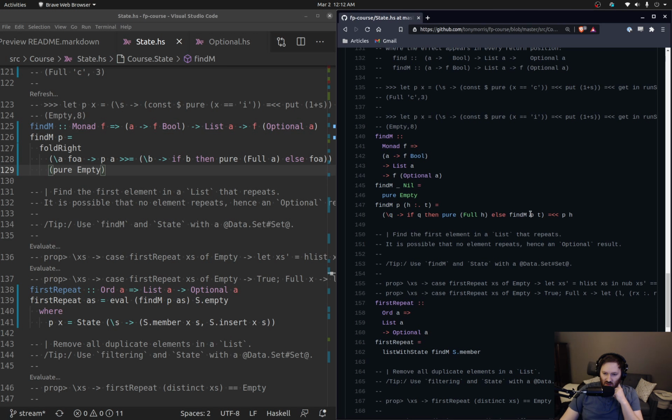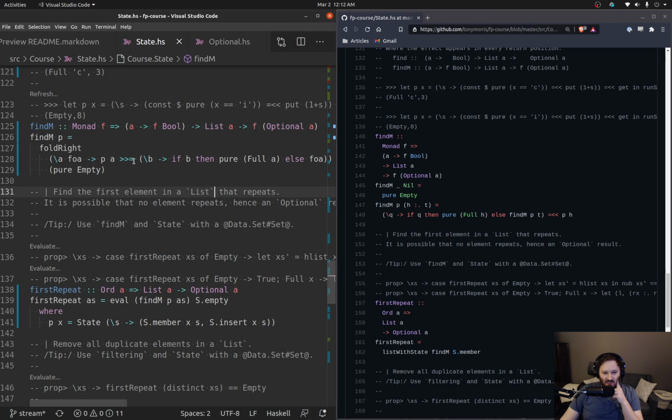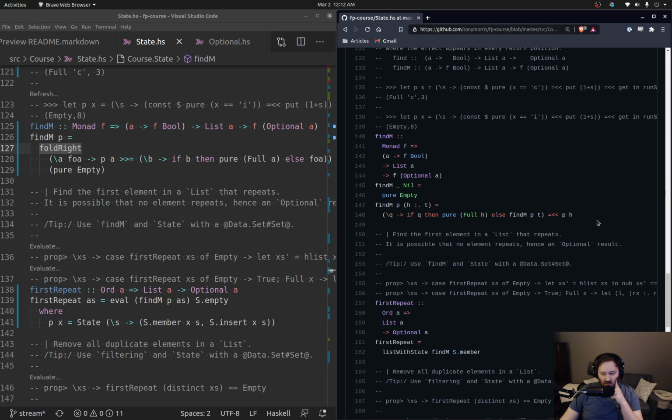Else find, oh wow, he did a recursive version. So find M on the tail. You do the predicate. Okay, so you apply the predicate to the head. You bind that result, and that's Q, some Boolean Q. If that's true, then you return the head, pure full head. Else you find M on the tail. Wow. I mean, I guess that's what fold right does, though. I don't know why that impressed me, but